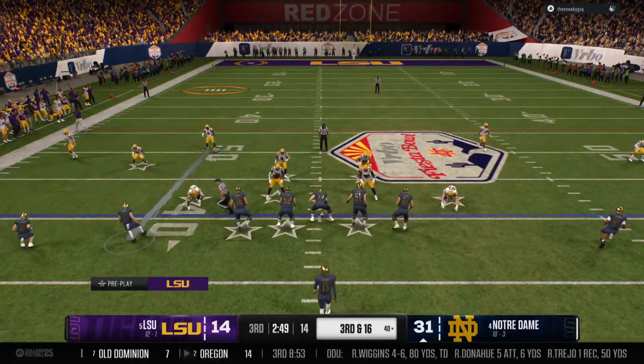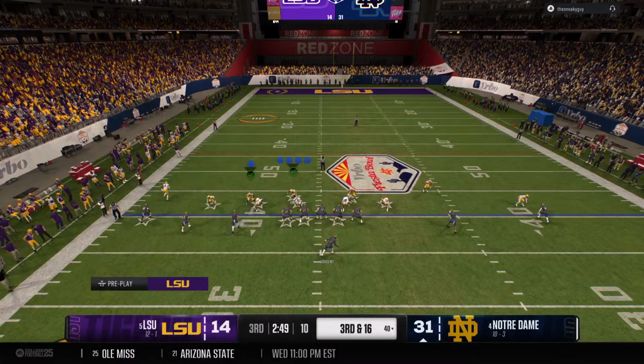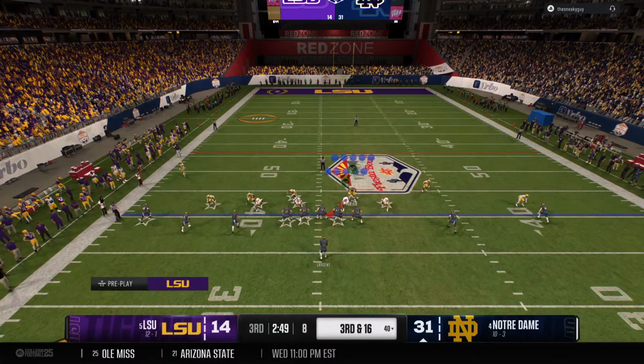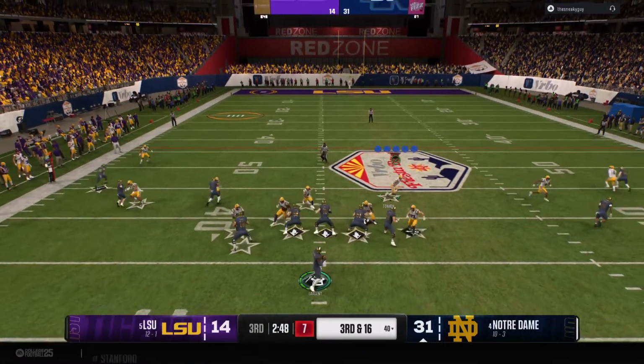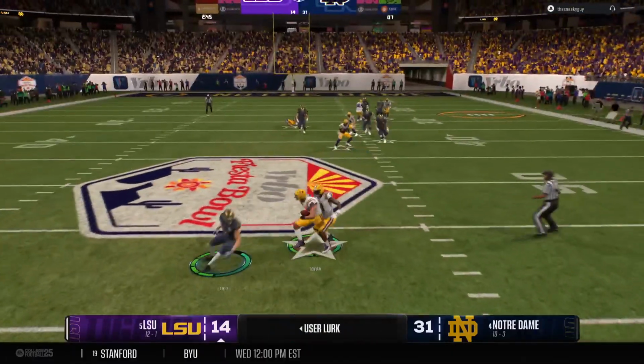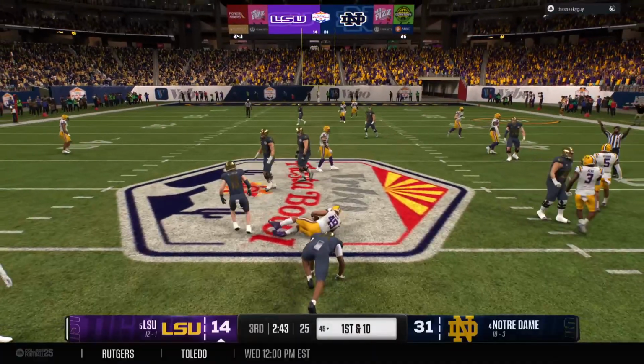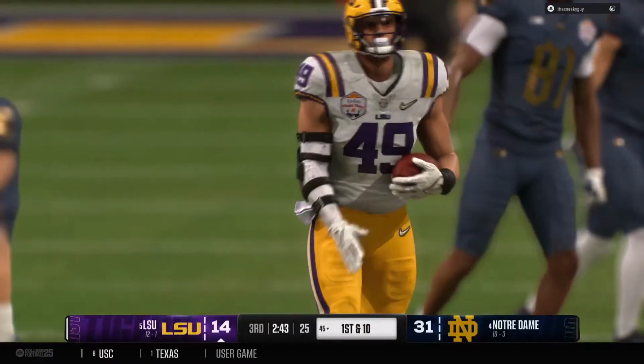Now from the 40, the offense faces a third and long to keep this drive going. And the quarterback drops back looking for an open man. And that one's picked off. What a play. Not much of a return, but the important thing is the interception sets the offense up at